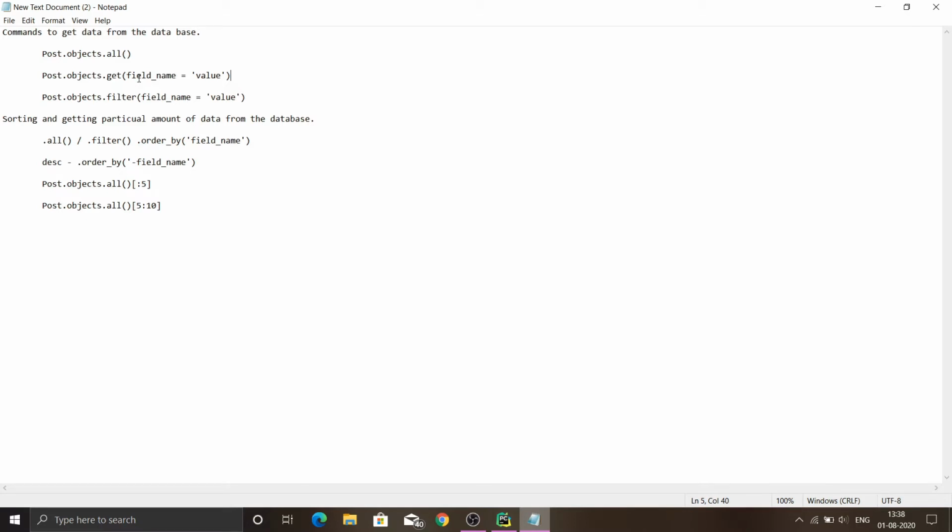If I have to get the first value from the database, I could simply give primary key or id equal to 1, which will get the first value from the data, and id or primary key 2 will fetch the second value from the database.